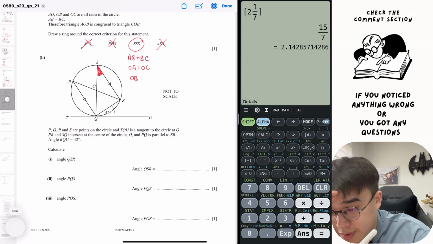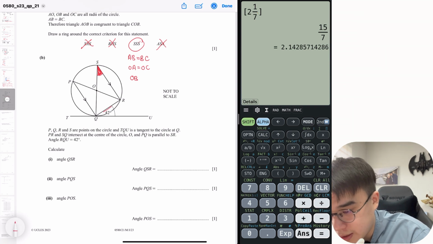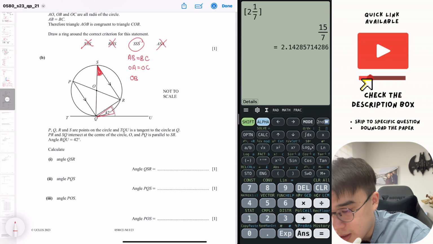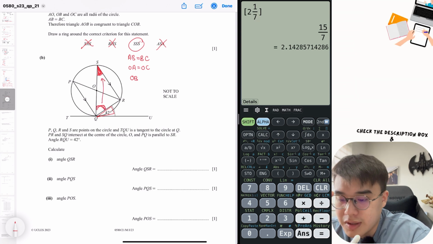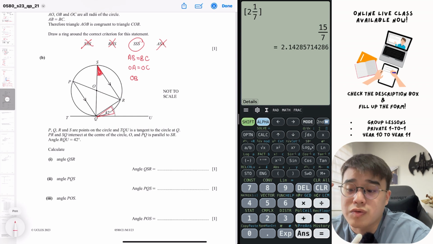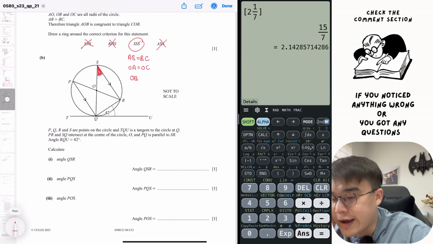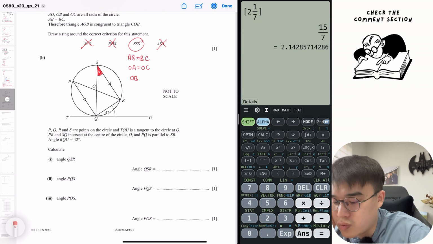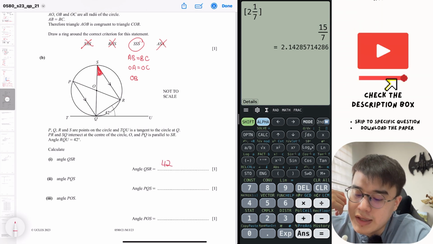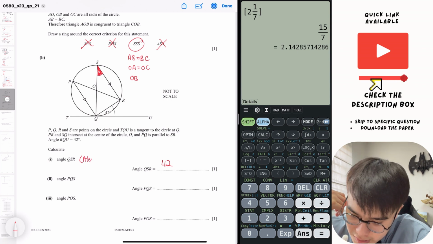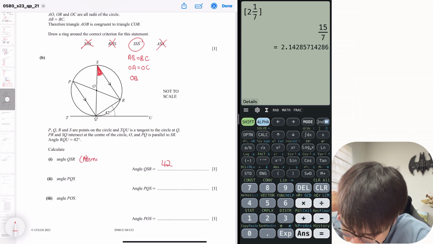So this is all the criteria needed for us to apply the alternate segment theorem. Okay, alternate segment theorem means the angle here is opposite of the interior angle. So opposite is this part. Okay, the interior angle is referring to OQR. Hence, your QRS is actually 42. With the logic behind is alternate segment,